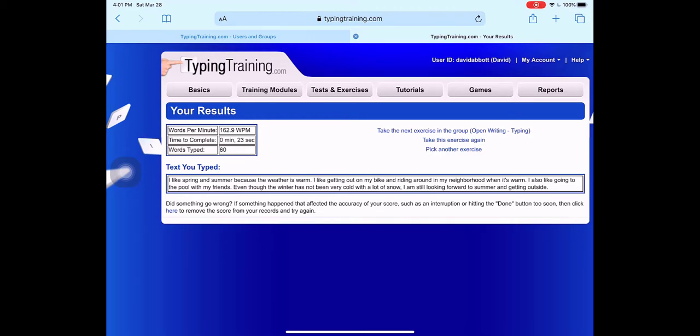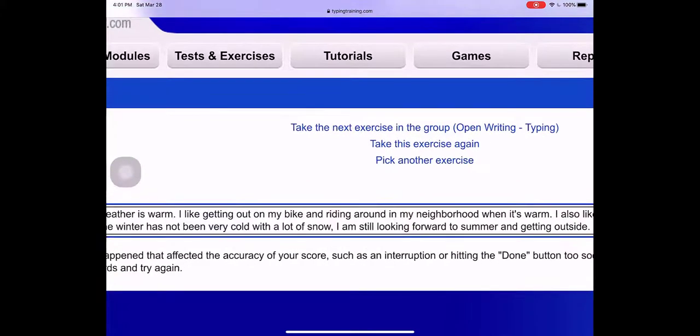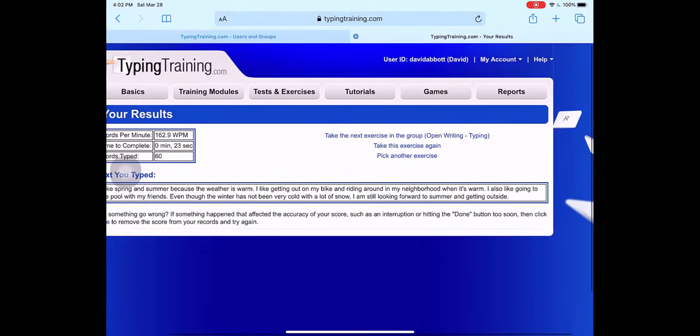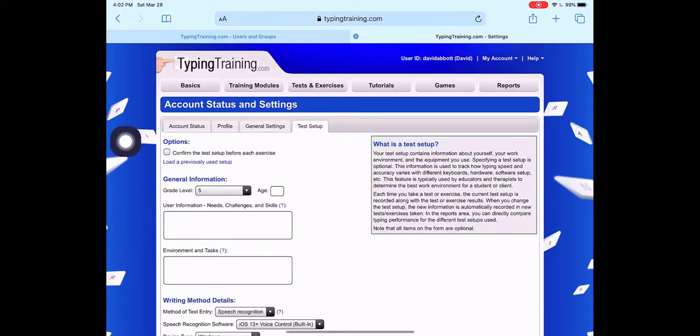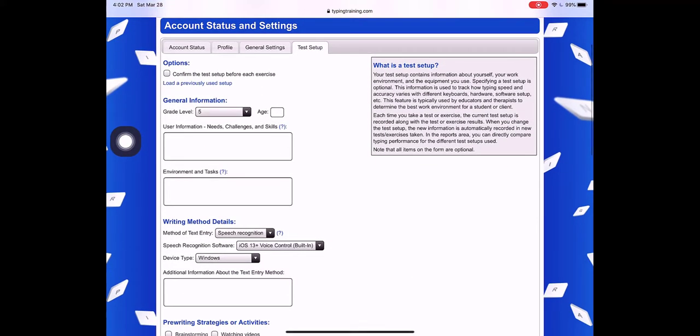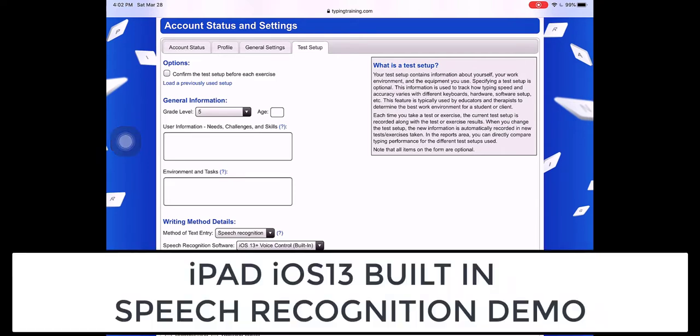So now I'm going to show you how to do the same exercise. I'm not going to take this exercise again, because really what I need to do is go to my account, and under status and settings and test setup, what I'm going to do is show you how the speech recognition works with the built-in speech recognition in the iOS keyboard. So this is different speech recognition. The previous one in iOS 13, the voice control,